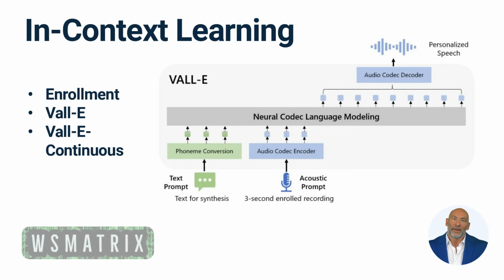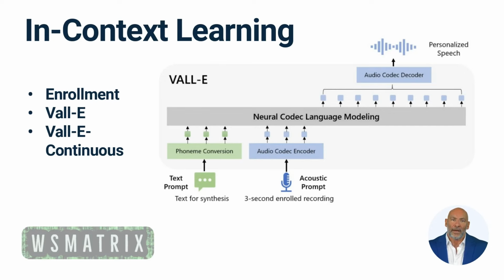Vall-e generates content for unseen speakers using a given text sentence, a segment of the enrolled speech, and its corresponding transcription. The transcription phoneme of the enrolled speech is added to the start of the phoneme sequence of the given sentence as the phoneme prompt. The acoustic prefix is used as the first layer acoustic token of the enrolled speech. With these prompts, Vall-e generates acoustic tokens for the given text, mimicking the voice of the speaker.